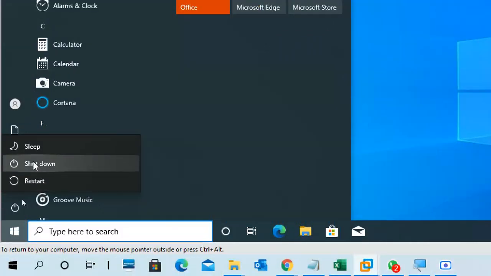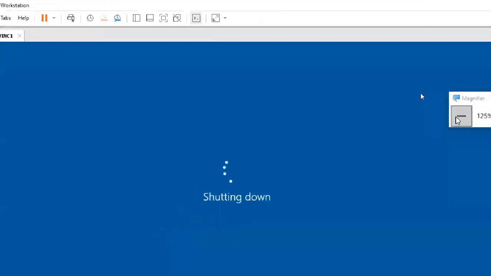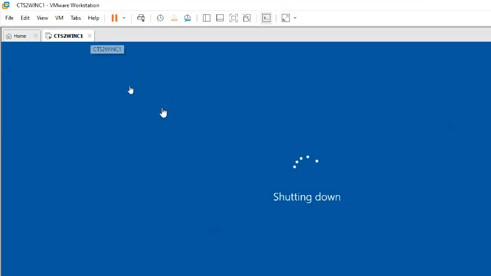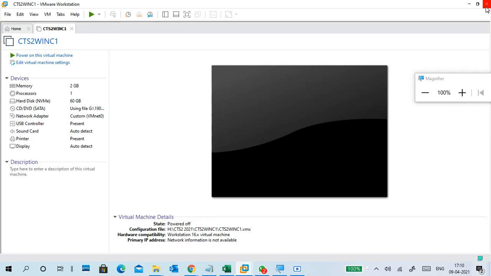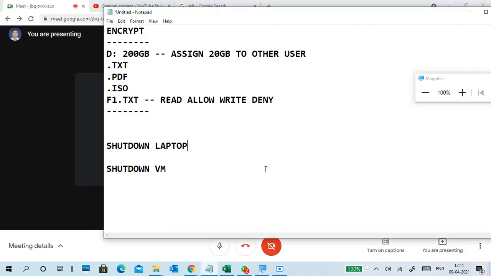I will show you now. Click here, shut down. Shut down here like this only. A lot of people will do it by clicking on the cross mark. Don't do it. Try to get into the habit of shutting down normally. It will take a minute. Whatever you do inside a virtual machine, there is no involvement of your physical machine. But if you want to shut down your physical machine or you are switching the account, it is better to shut down the virtual machine, so you won't get any problem. If you get any problem, no problem, you can ask me.